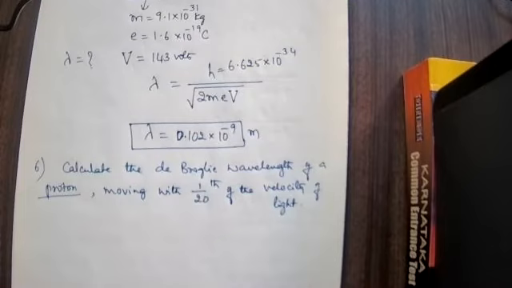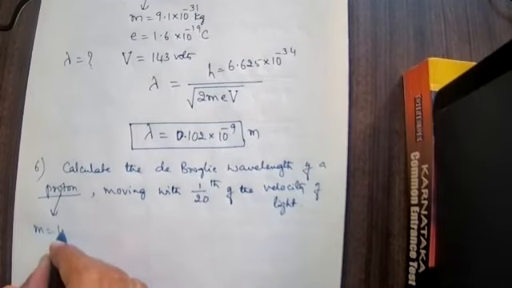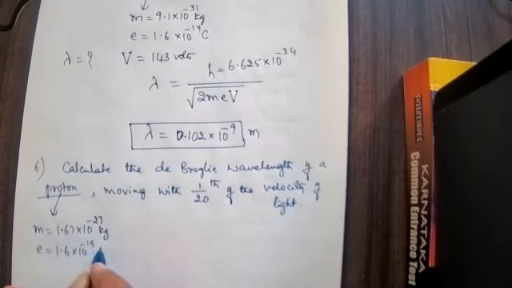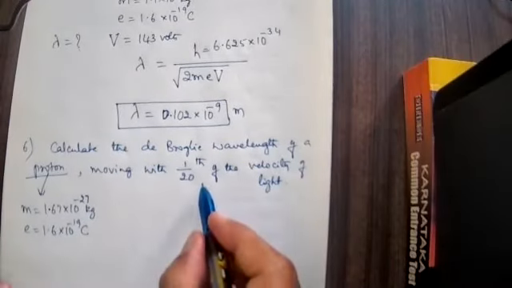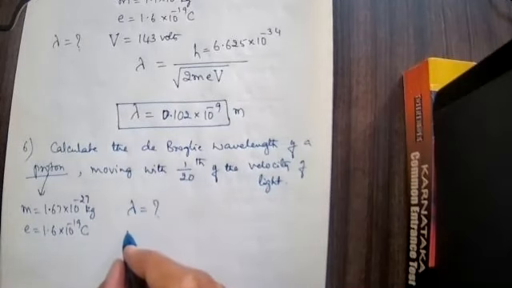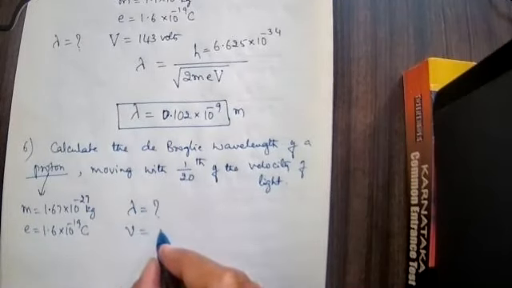Calculate the de Broglie wavelength of a proton. Proton mass 1.67 × 10 to the power minus 27 kg. Proton charge 1.6 × 10 to the power minus 19, no problem, we can write. Moving with a velocity v, small letter v, 1